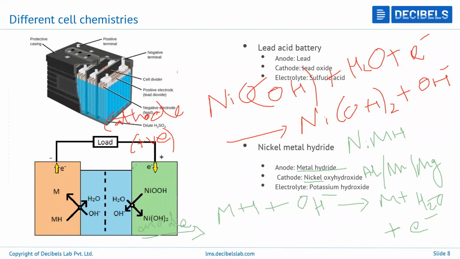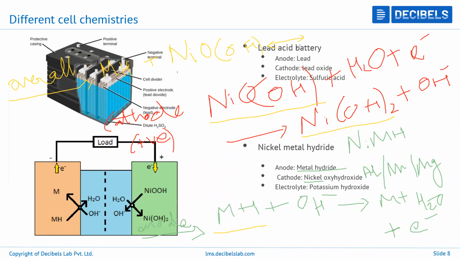As I said earlier, if you add the two reactions, at the anode and at the cathode, the oxidation and reduction reactions, you will get the complete overall reaction, also called the redox reaction, which I'll write over here. Your overall will be your metal hydride, MH, plus your nickel oxyhydroxide,